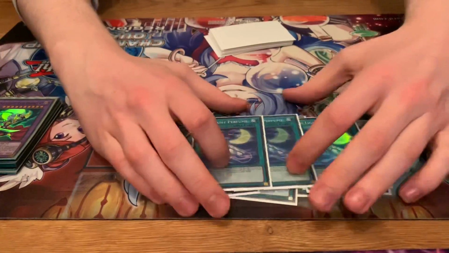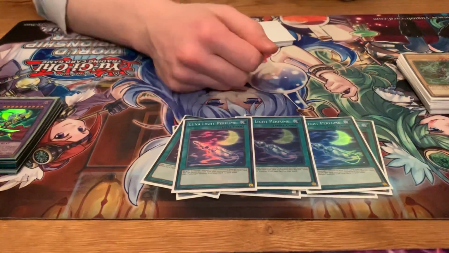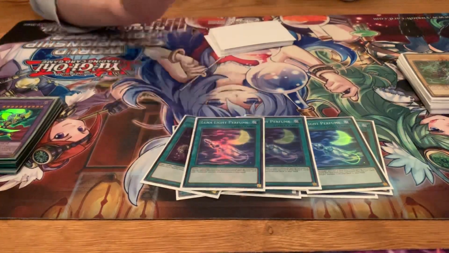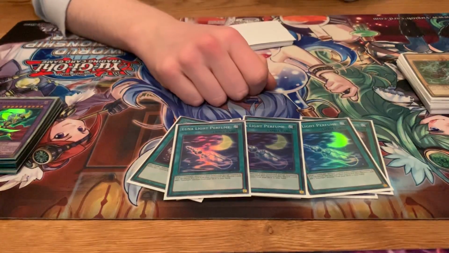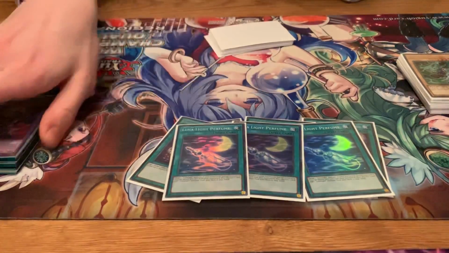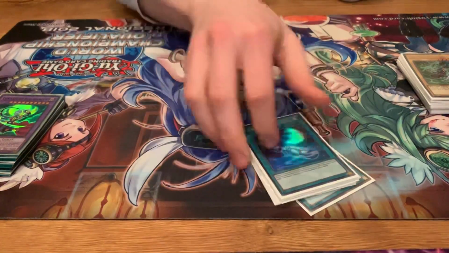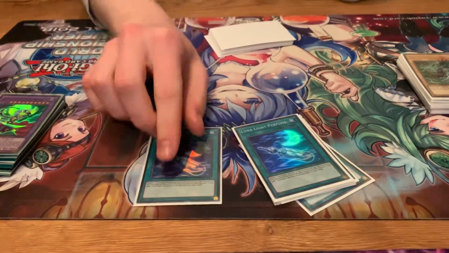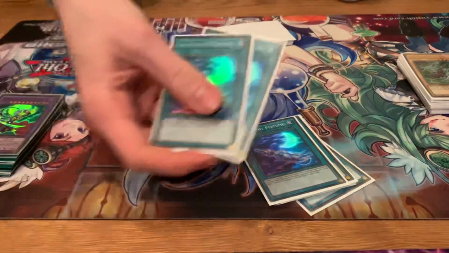So Lunalight Perfume, when you activate it, you target a Lunalight monster in your graveyard and you special summon it. Cool. And its second effect is banish it from the graveyard, discard a card, and then search a Lunalight monster. Doesn't say once per turn anywhere on the card, which is a bit silly. This card is just crazy. You just use this to reborn a guy, banish it, discard another copy of his stuff in hand. And you can use the same...